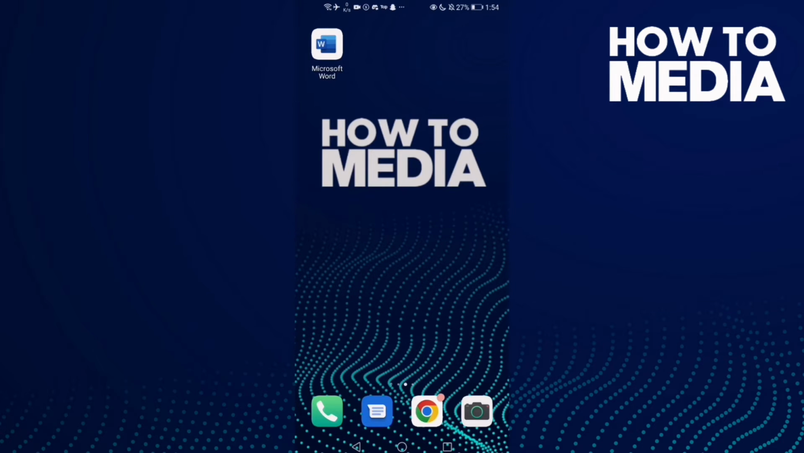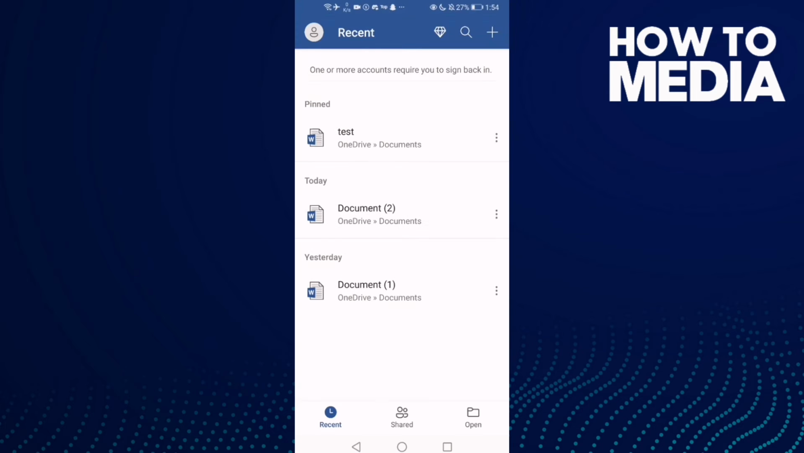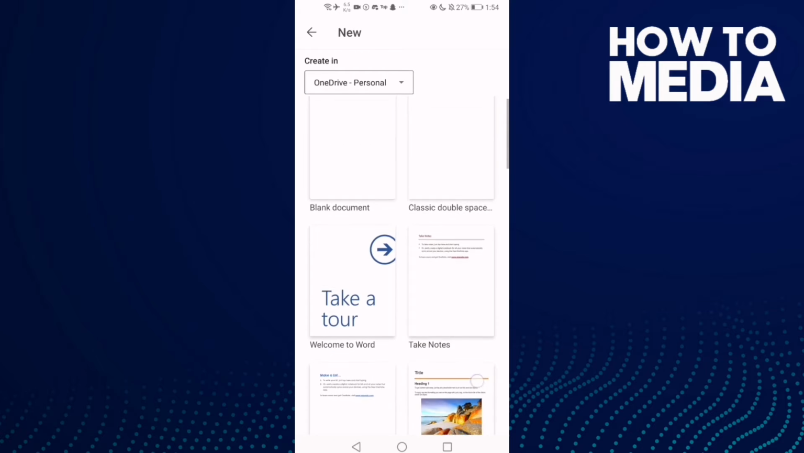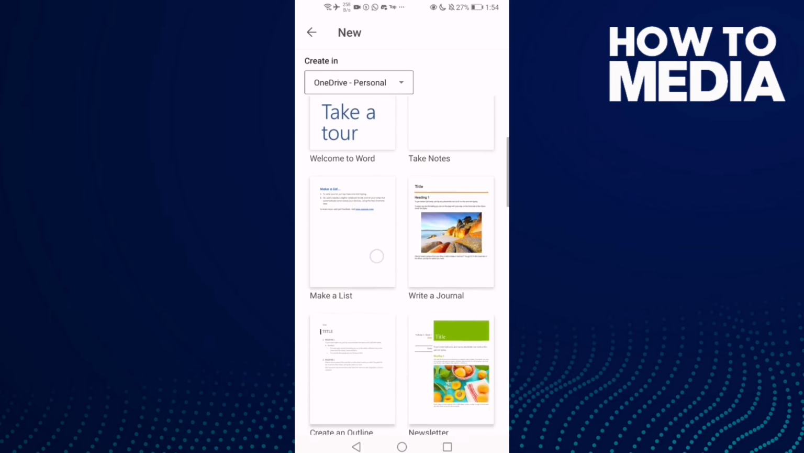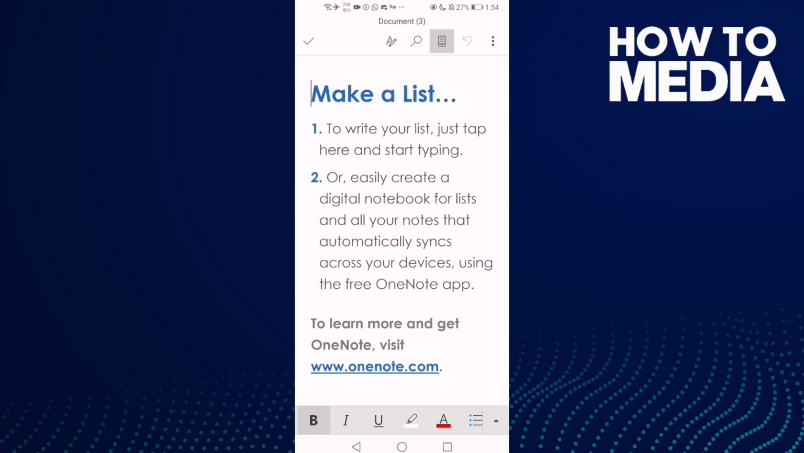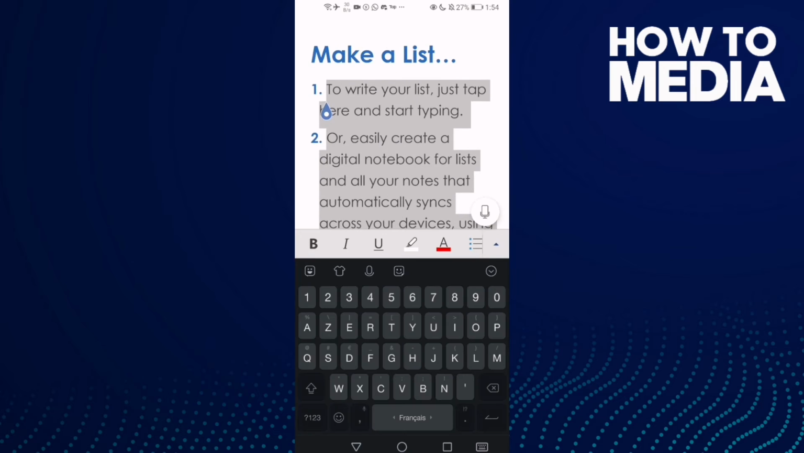First thing we're gonna do is go to Word and now click here on this plus icon, click on it and then go down and you will find this one, make a list. And here as you see you can make an easy list